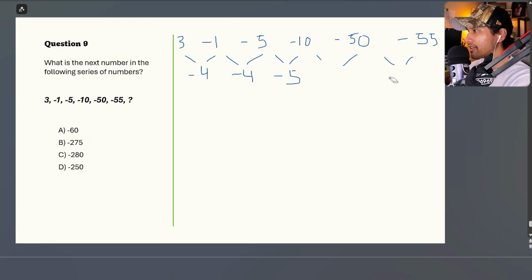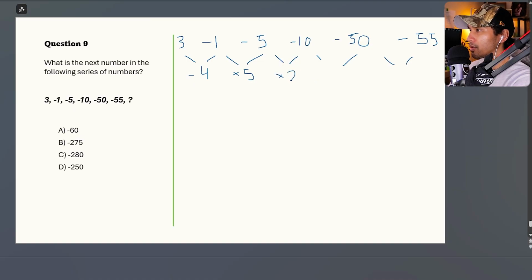Okay, I would erase everything, start all over again. And this is all I got. 3 to -1 is -4. And then -1 to -5, let me try multiplying. So times +5. Okay, that works. And let me just do this, and this is minus 5, right? It could be, we could say,